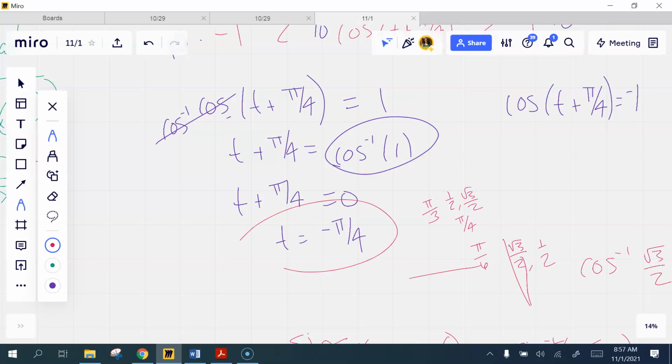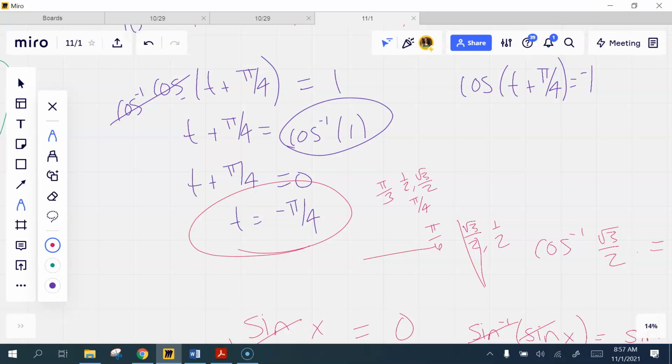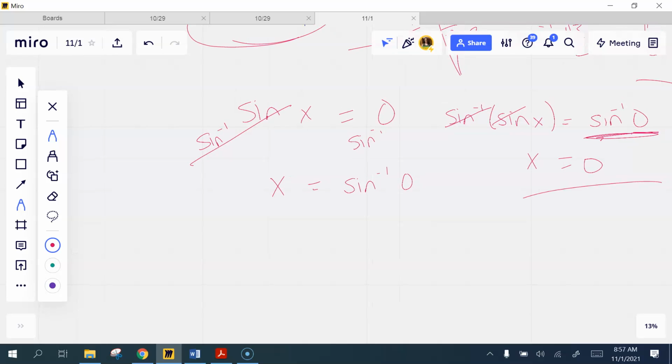Let me just finish saying about this one. If you have your t value for your max and your min, all right, so I've got my t value. What I'm going to do is plug this in to my position function. So I'm going to do s of pi over 4 to find out where it is at that time. Wait, would t be negative pi over 4 and pi over 4? Yes, because one's to the left and one's to the right. It says the furthest left and the furthest right. So those are maxes. Right, plus or minus. So if you plug this in, you get 10 cosine of